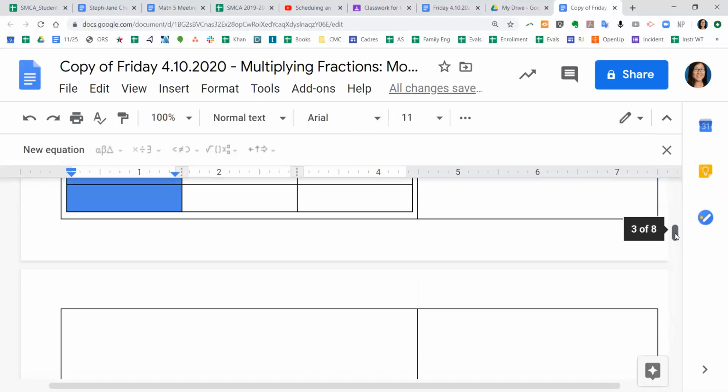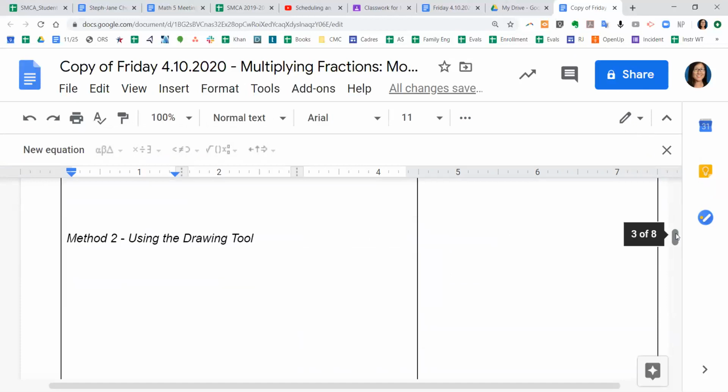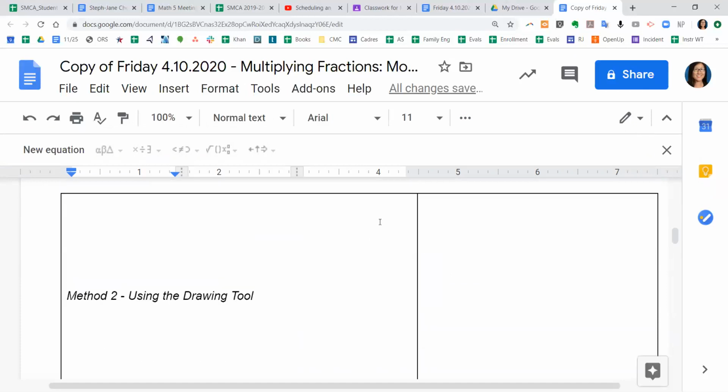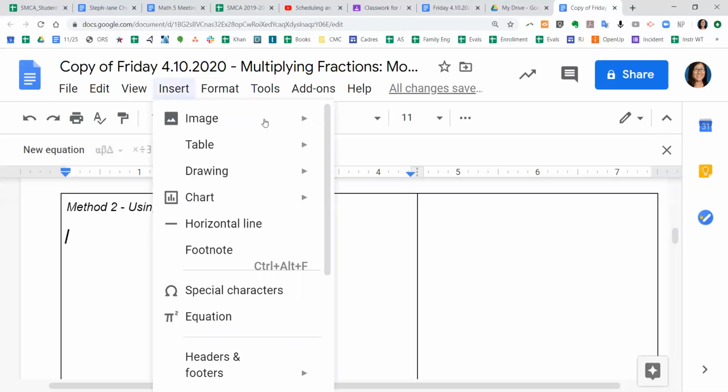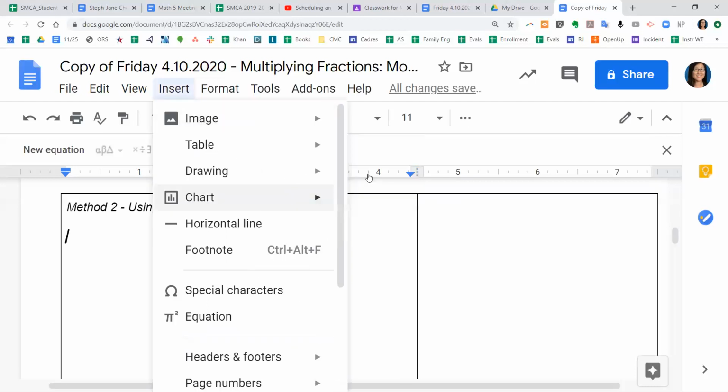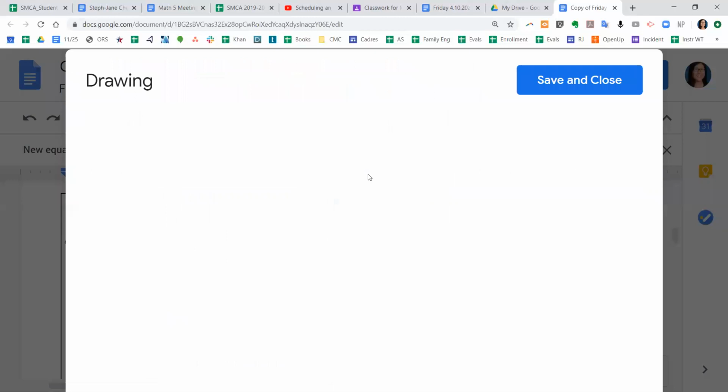Now, another method is to show it using my drawing tool. This is the one I prefer. But like I said, you can use whatever method you want. We're kind of doing a math class and a computer class at the same time. So what you're going to do is you're going to insert, this time instead of a table, a new drawing, where you're going to start